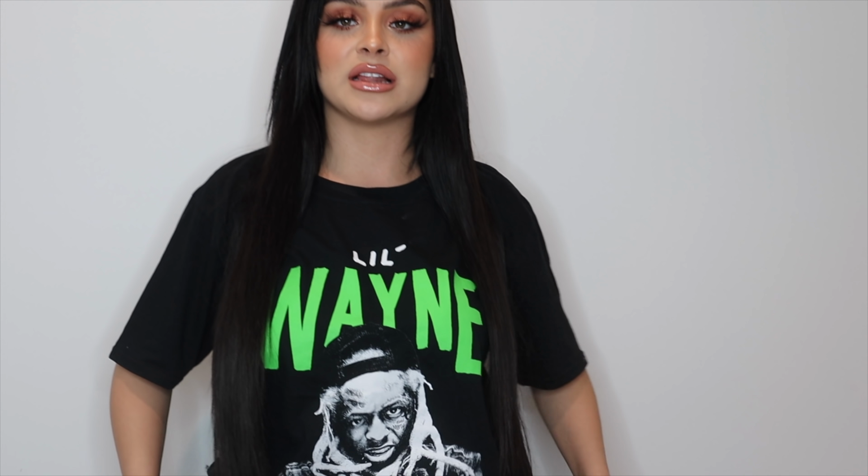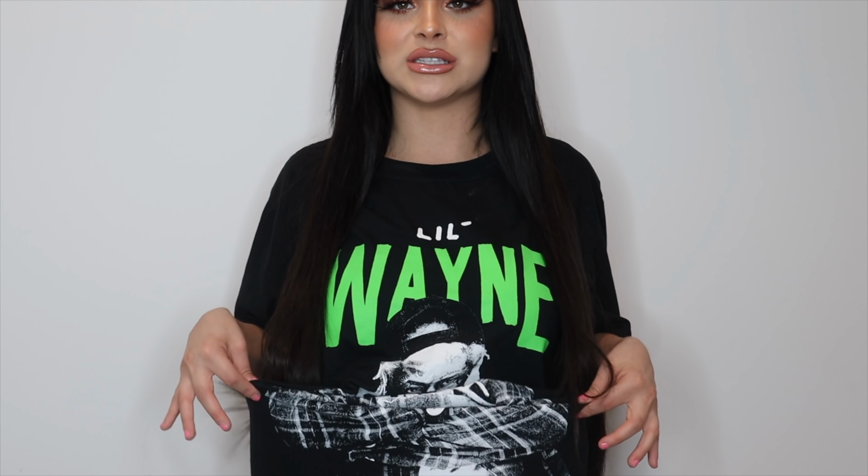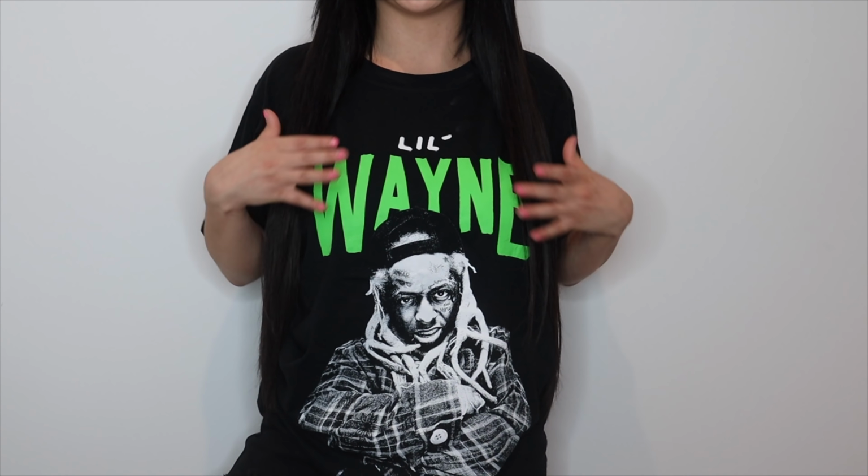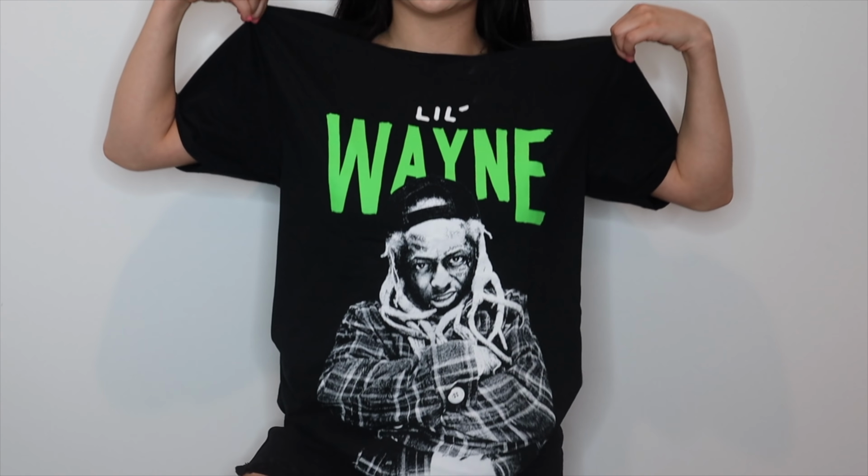from Missguided. So I'm already wearing two of the pieces right now, and this one is more of like a comfy fit. This one is something that I would definitely wear if I'm in a very goth type vibe, very chill, laid back, but still punk-ish. This shirt kind of screams Billie Eilish to me just because of the green and the black, but this is a Lil Wayne top, and look how adorable this is. This is the top here. It just says Lil Wayne. It has him right here,